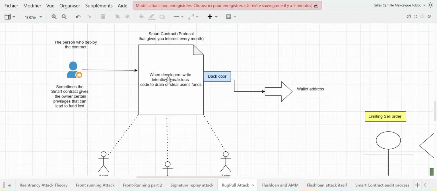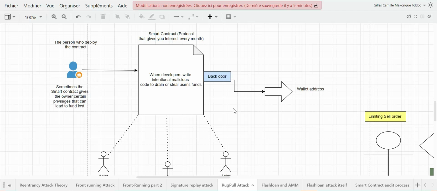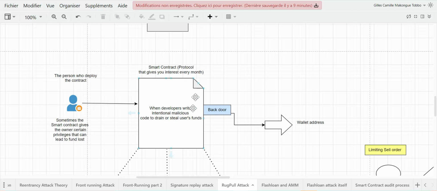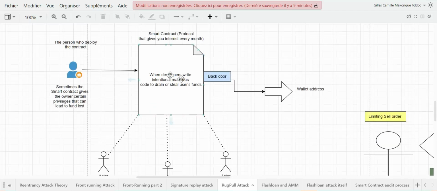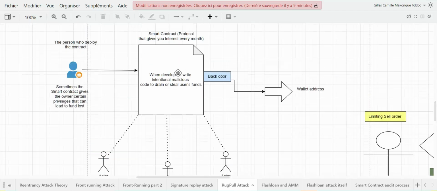So that is really easy to do. That's why they recommend that protocols or cryptocurrency projects should go through what we call an audit. Because if this kind of project goes through an audit, we are going to spot it and say, yeah, this is a vulnerability. Why are you sending this money? Why does this address have some privileges? Because it is actually people's funds. So it's really important to understand